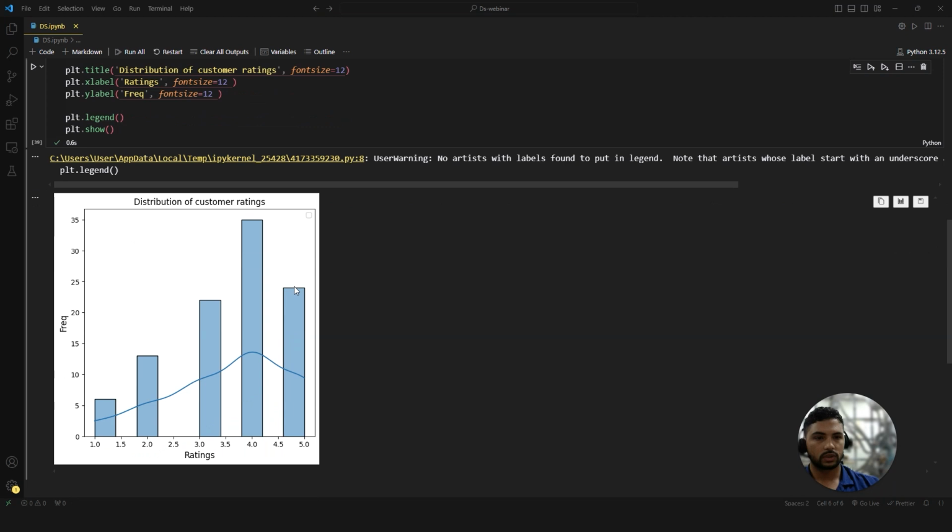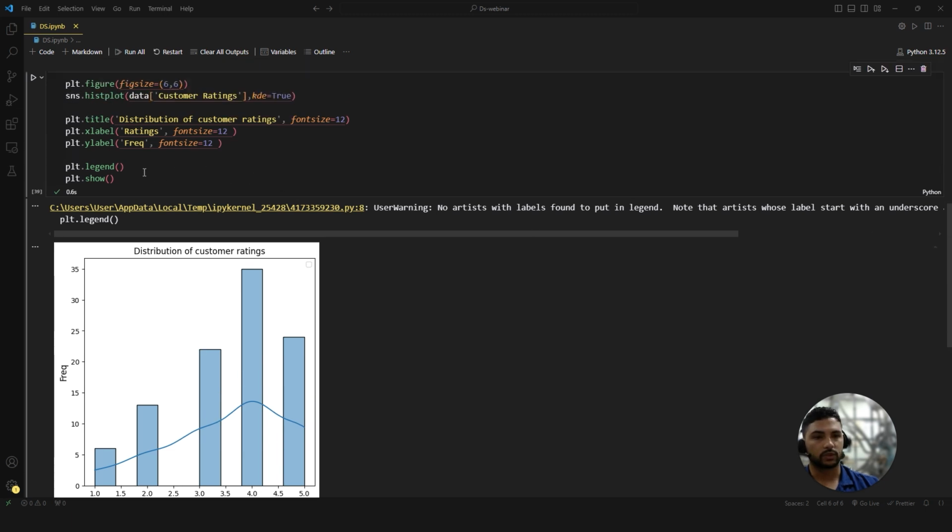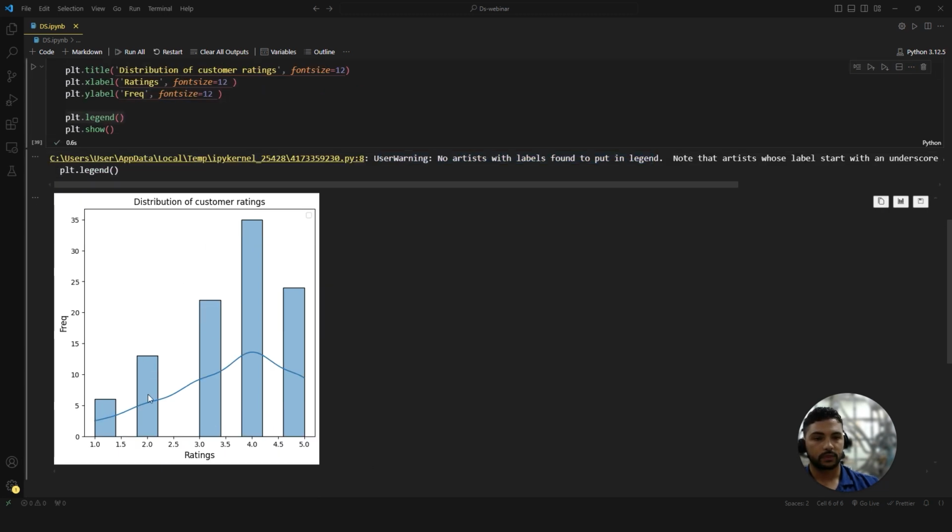Okay, so this is our basic chart. No labels. Don't worry about this. It's just saying that because we've added our legend here but have nothing to show in it, it's giving us this error, but we will add to this. Okay, so this is our basic chart, and we can see that